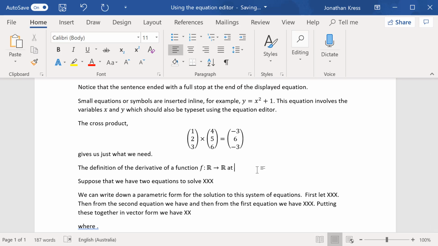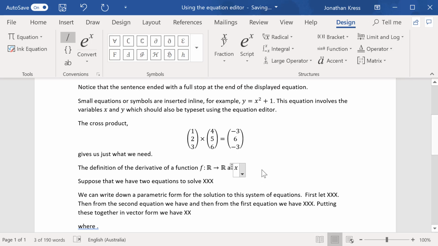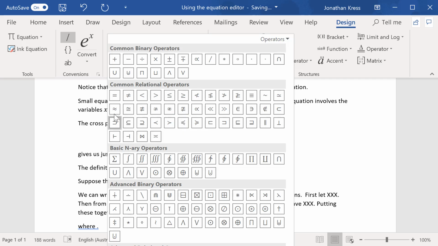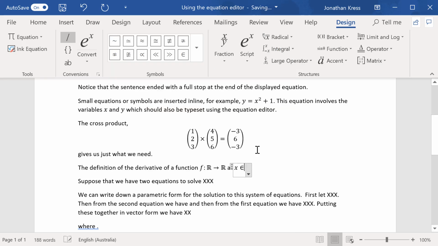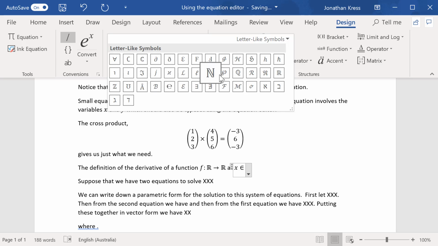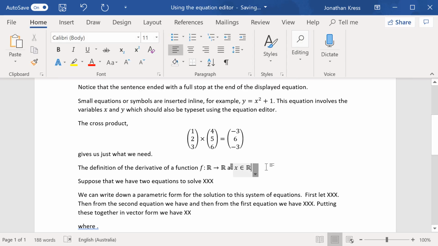At, let's say, the derivative of the function f from R to R at x. x is going to be a math symbol, so we put in here x, and then we want to find the element of symbol. That's in operators. Where is it? There it is. And let's put letter-like symbols, R. So we've got f, we're finding the definition of the derivative of a function f at x in R is, and now let's